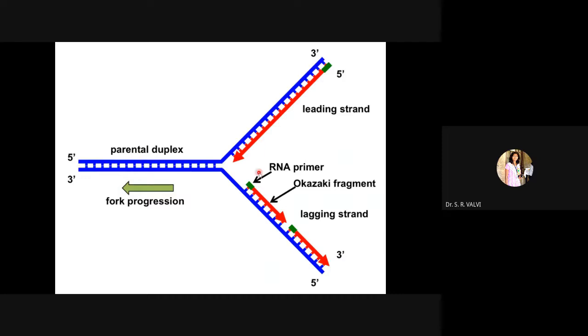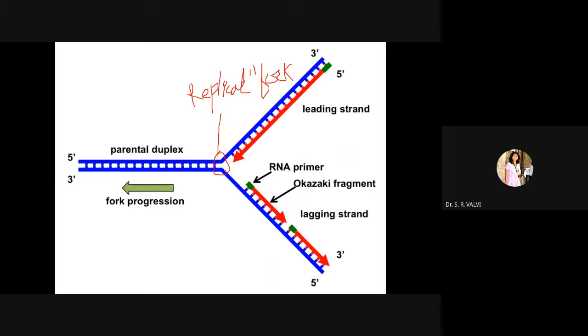Now, let me take the pen. Here you can see this is the part which is called what? Replication fork. This is the replication fork, the point from which the replication begins. Replication fork, right? So the replication fork is the point from which replication begins. Here the replication fork is formed with the help of helicase enzyme.